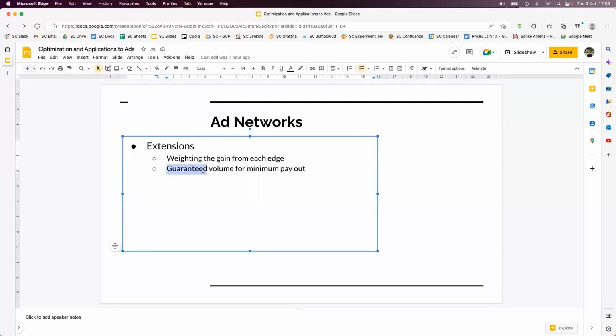The second one could be a guaranteed payout. So this happens, for example, when there's a movie launch happening, and advertisers want to say that, okay, if you don't give me X number of users, I'm not going to pay you anything. And if you get me a million, I pay you 10 million. If you get me less than a million, I pay you 0. So again, what this means is that